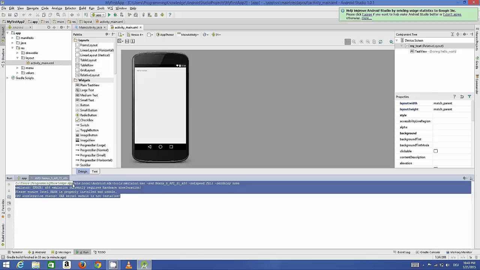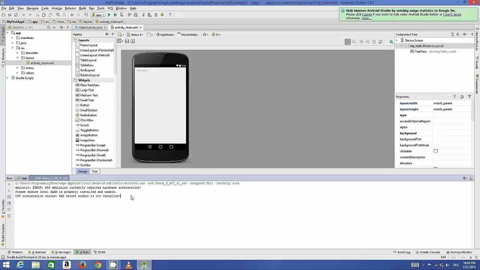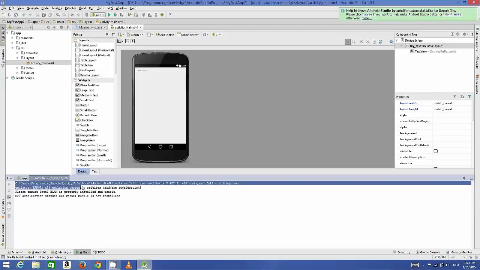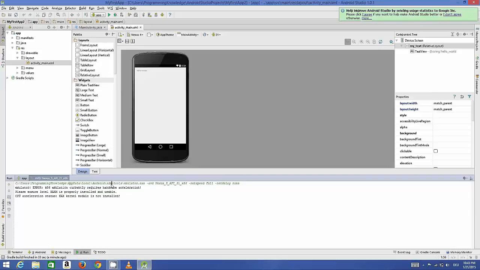So just copy this path until SDK, which will be something like c:/user, your username /app data /local/android/SDK. So just copy this path from here and open your file manager and paste this path, and this will